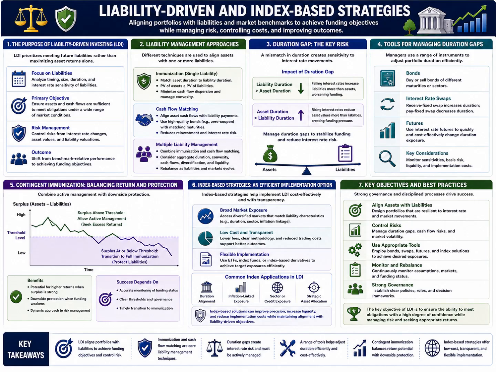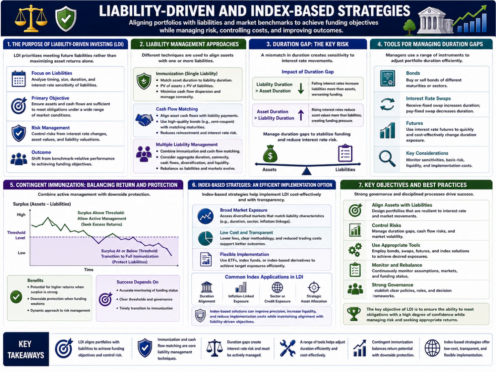Futures contracts provide a flexible and cost-efficient means of modifying interest rate exposure without significantly changing underlying portfolio holdings. These instruments enable managers to respond rapidly to changes in liability characteristics or market conditions while minimizing transaction costs. Effective duration management requires careful analysis of both asset and liability sensitivities and an understanding of the instruments used to achieve desired exposures. Contingent immunization represents a hybrid strategy that combines active management with liability protection.